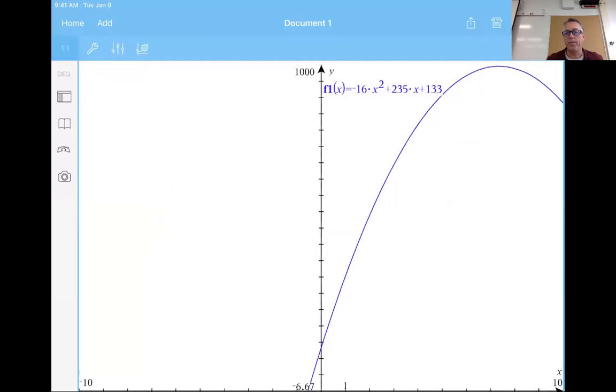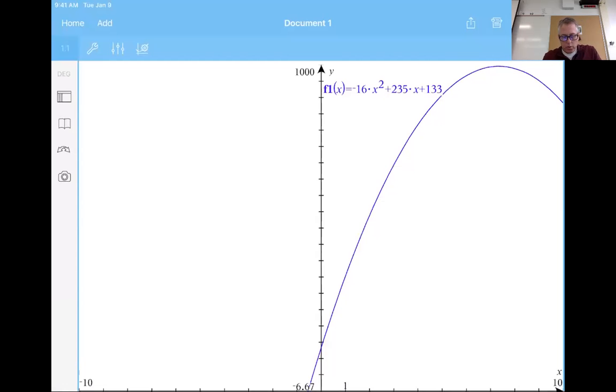All right, now that looks good. Now I can see the top of the parabola, but I can't see the right side of it. So I need to change my X max also, which is going to extend the graph to the right. So being able to manipulate the window is going to be part of our assessment. So being able to do these skills is going to be part of what you're going to be required to